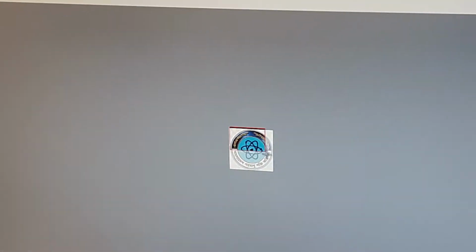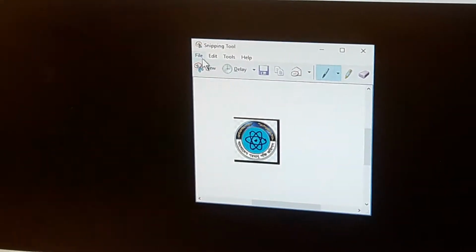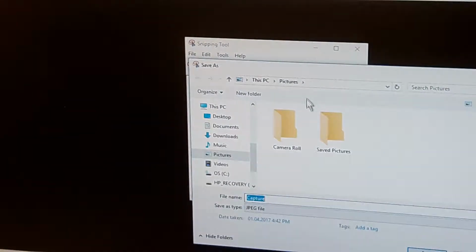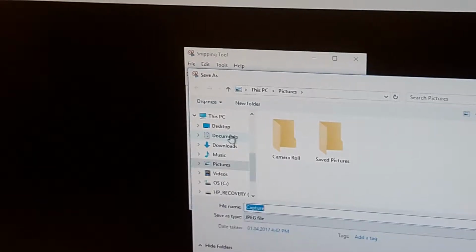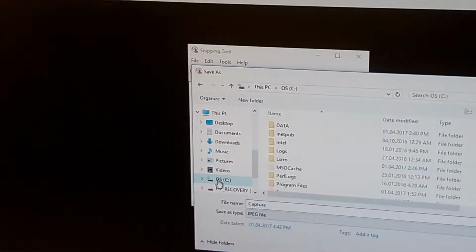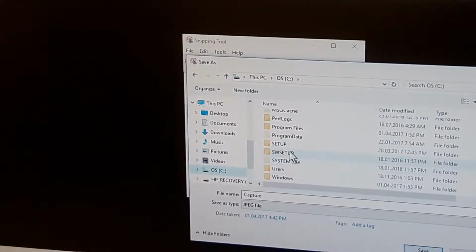If I have a snipping tool, I can actually cut their logo, and then I do File, Save As. I'm going to take that to my C drive under my